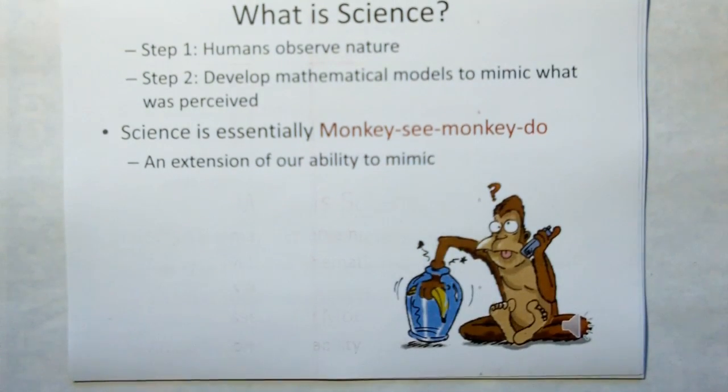There are a lot of people out there that think if they get their mathematical models right, nature's going to do what they say, like it's some kind of Harry Potter novel. It's not. Math is not handed to us by God on stone tablets. It's just a means to mimic what we observe. And we have to stop making something more of it than it really is. Essentially, science is nothing more than monkey see, monkey do. It's basically an extension of our ability to mimic.